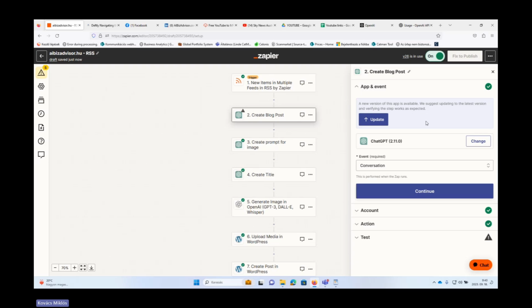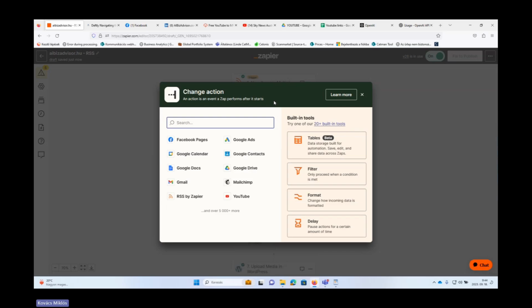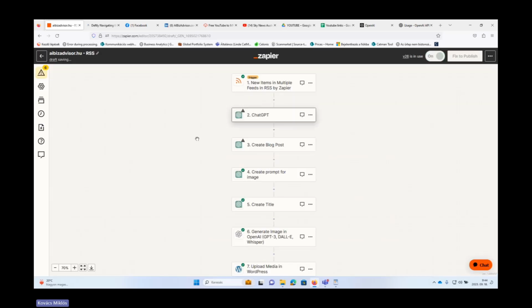Here comes an important part already. This is the point when we involve ChatGPT, when we involve artificial intelligence and ask it to create our blog post, basically. So how do we do that? Just to remind you how you can add an action and find ChatGPT, you click on this plus icon, type ChatGPT, and that's it.